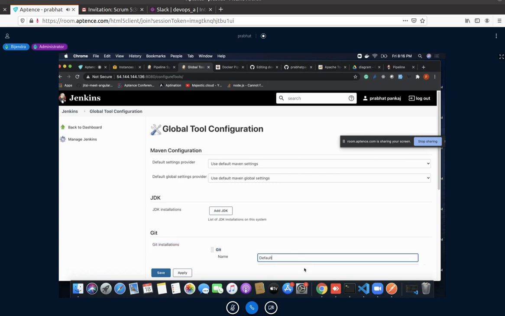OS level means, for example, Java: you will install Java at the operating system level, as well as Docker containers or a Tomcat server. These are the libraries that work at OS level. But let's say I need to install Git for a CI/CD pipeline. That may not be required to work at OS level, so for that you use it as a plugin.